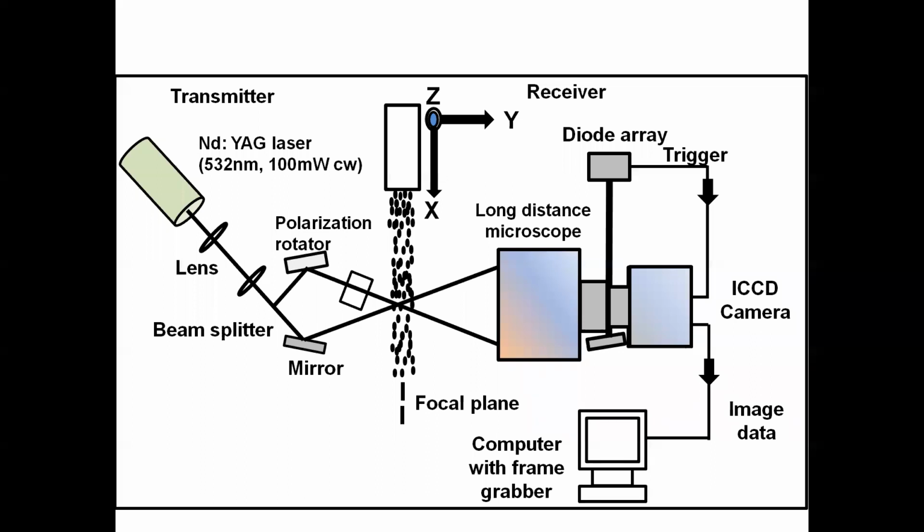So the particle shape and size will be captured by means of this light source, and then it will come up to the long distance microscope. The image will be captured by means of this microscope. Then the diode array and the processing of that image will take place by means of an ICCD camera, and then the image data will come to the computer, and you will get the result. So when you come to a nanometer level, you will find the laser source is used in the maximum number of techniques because the benefits of laser are utilized here.